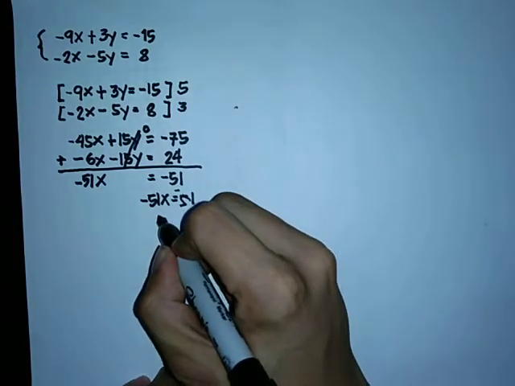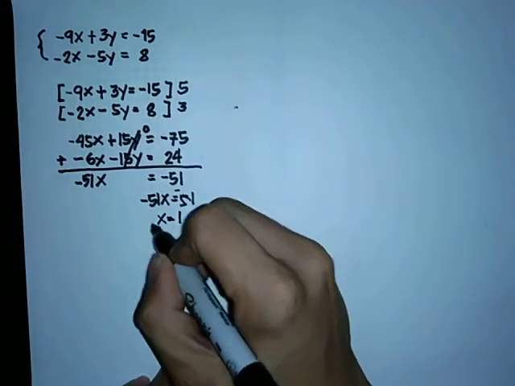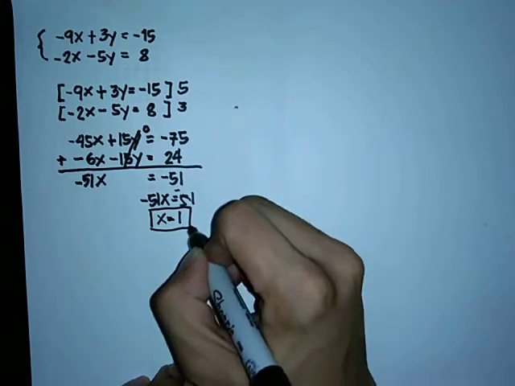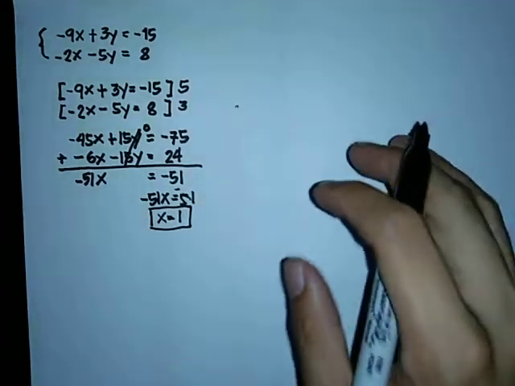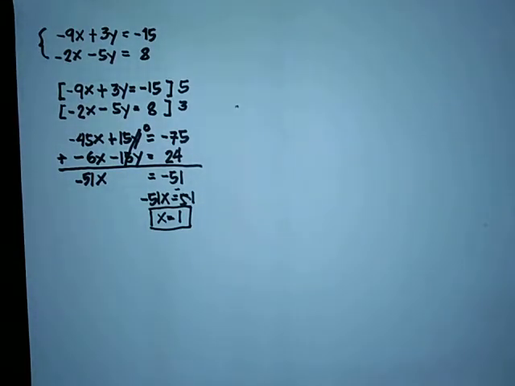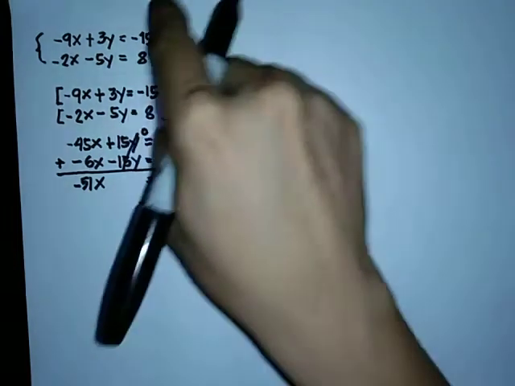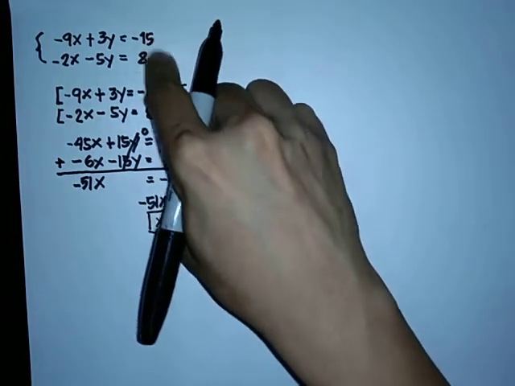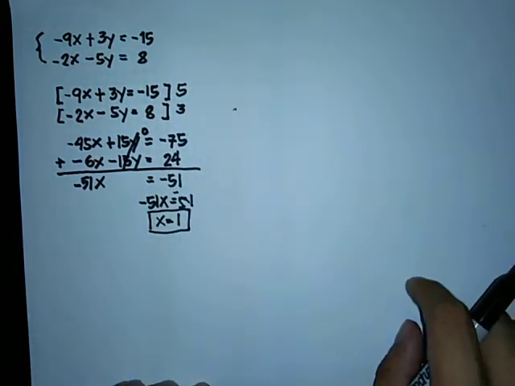So our x is equal to positive 1. So now that we have our value of x, what we are going to do is to substitute yung ating given x to any equations na ating given. So for this example,